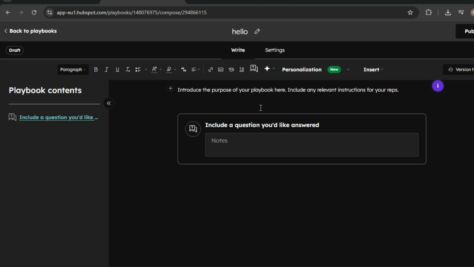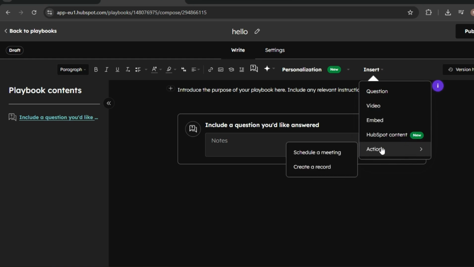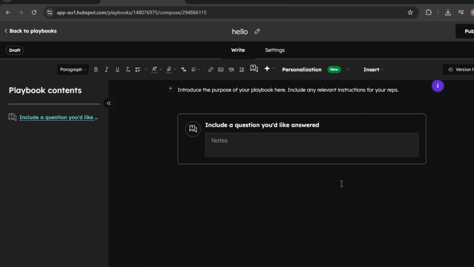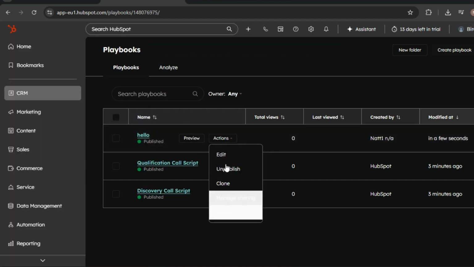Click it. Fill in the necessary details like record type and related data points, and make sure everything is accurate. Finally, save your work. And that's it. You've successfully created a new record from within a HubSpot playbook, making your workflows more efficient and your data easier